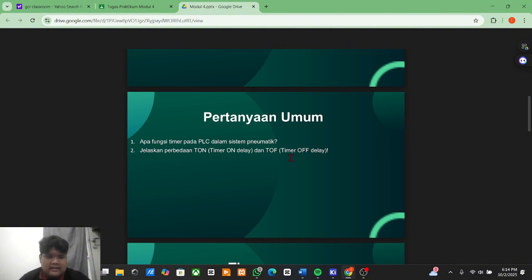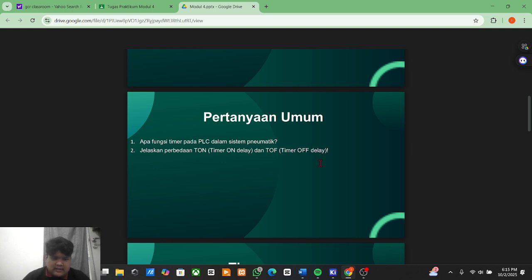And then the second question is, what is the difference between TON, timer on delay, and TOF, timer off delay? For TON, or timer on delay, the output is active after a preset time delay once the input signal turns on.